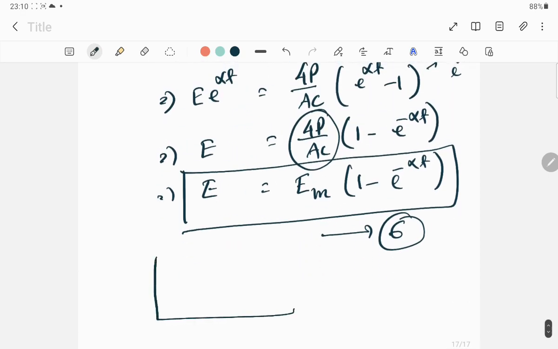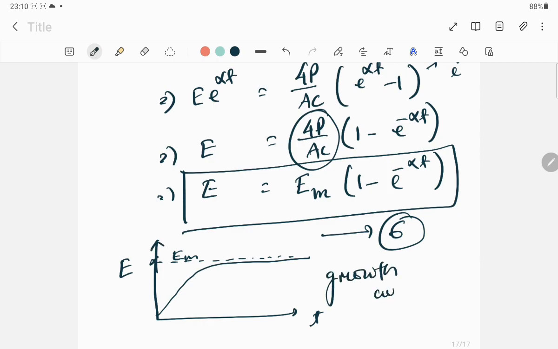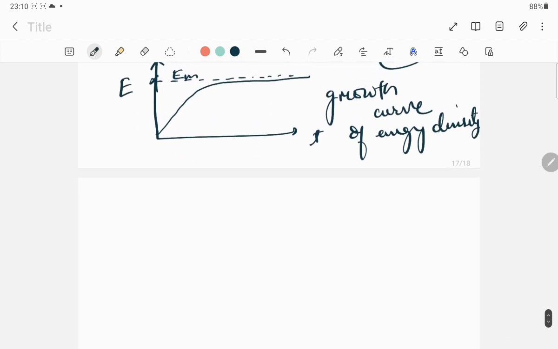If you look at the plot, it will go like this: this is E and this is t, and this is somewhere EM. This is the growth curve of energy density. Now, checking the